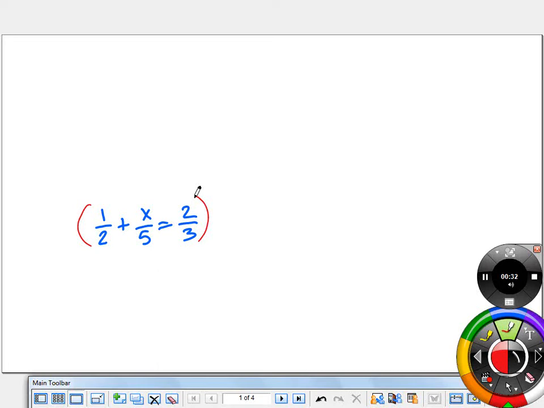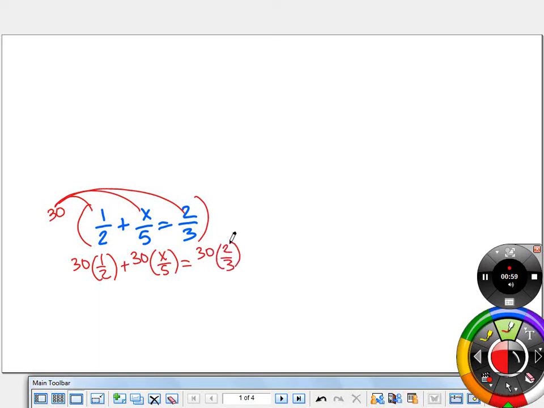fractions. The number we chose is the same number you would choose if you were trying to find a common denominator. So with 2, 5, and 3, the common denominator would be 30. And if we multiply both sides of the equation, or each term in the equation by 30, so that means 30 times 1/2 plus 30 times x over 5, 30 times 2/3, then you'll see that we would get 15 in our first term,